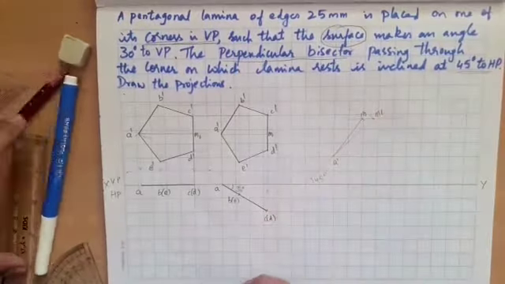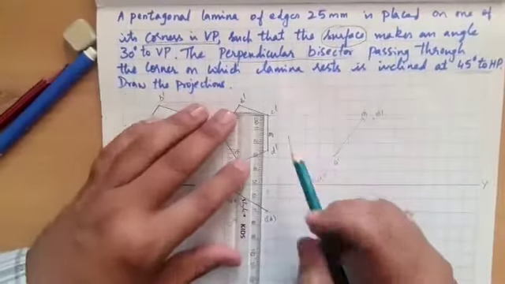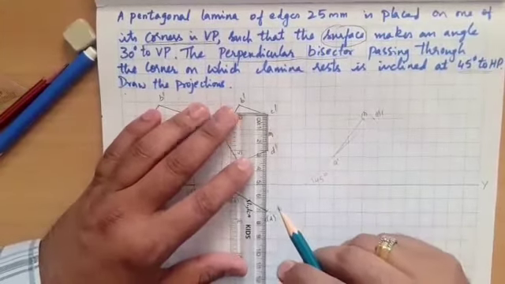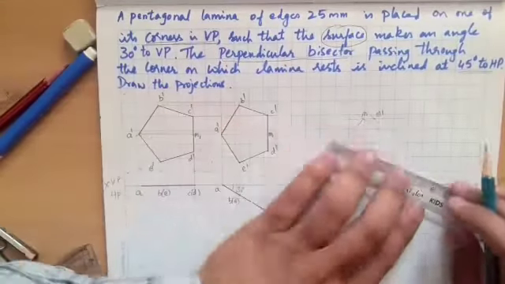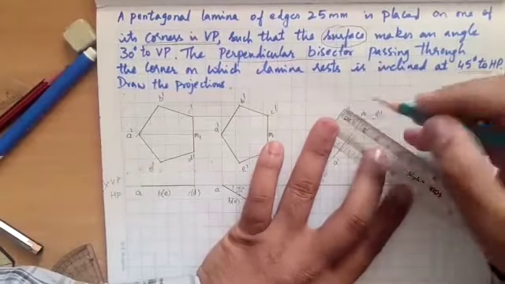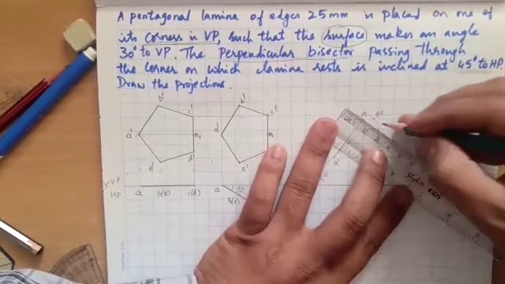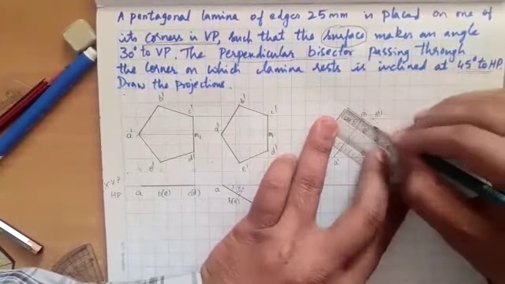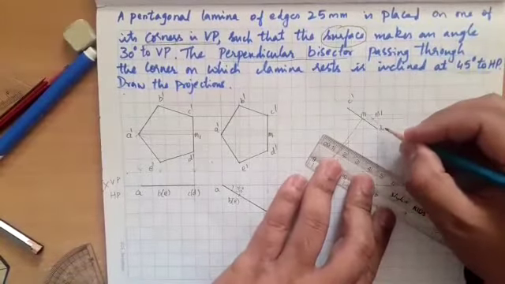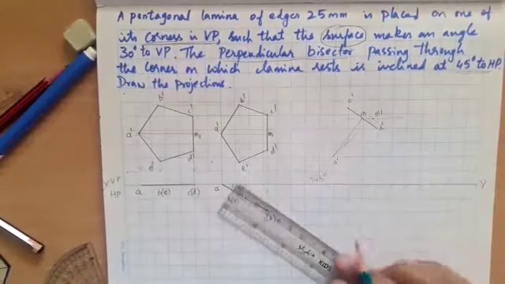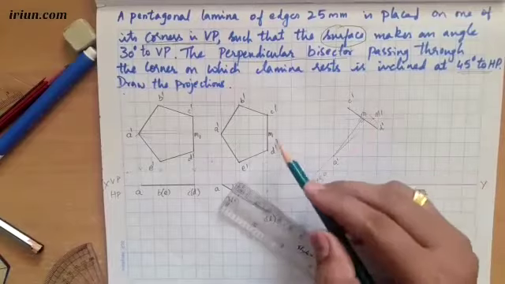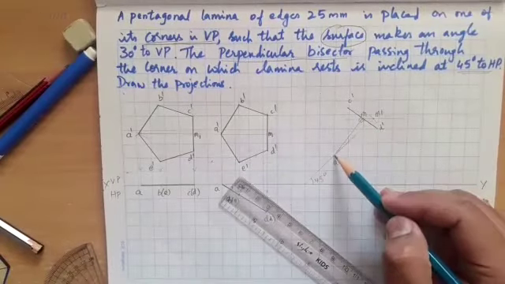Next, take these measurements. What is this measurement? The total is 25, so M to C dash and M to D dash will be 12.5 each. So this is totally 25 mm. I am making it in dark line, and this is C dash and this is D dash. C dash and D dash I have marked, which is the perpendicular bisector for this A dash M that I have drawn.